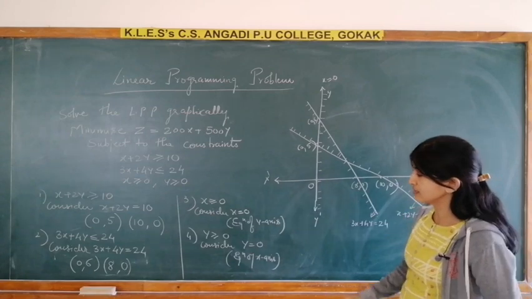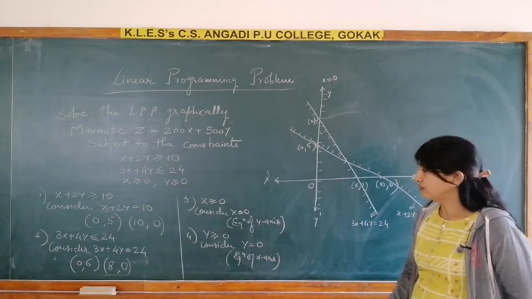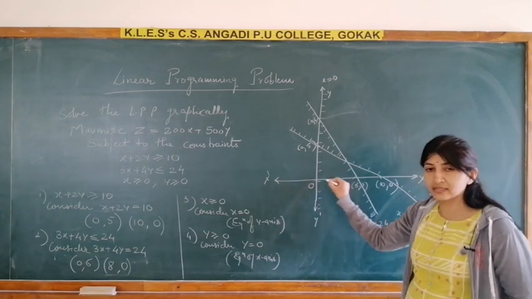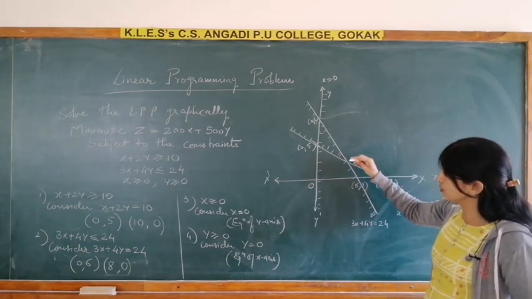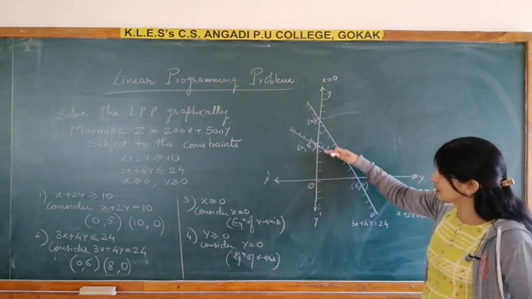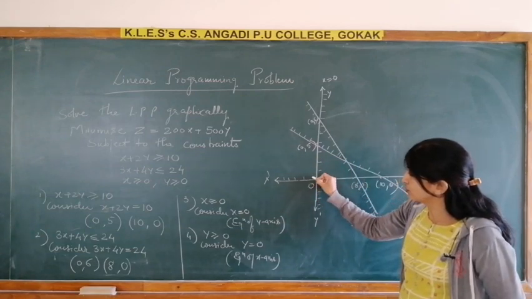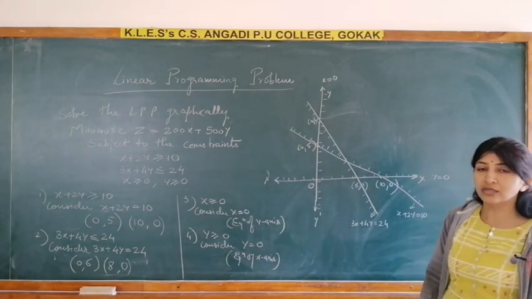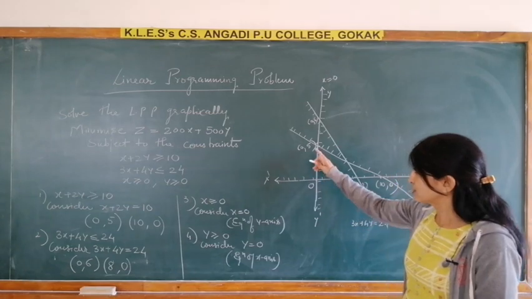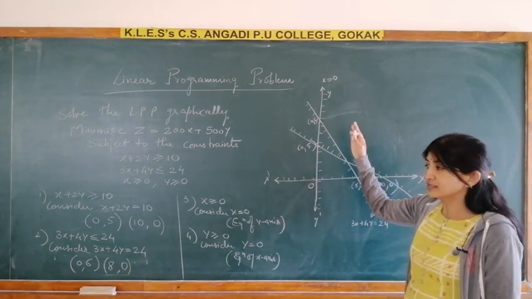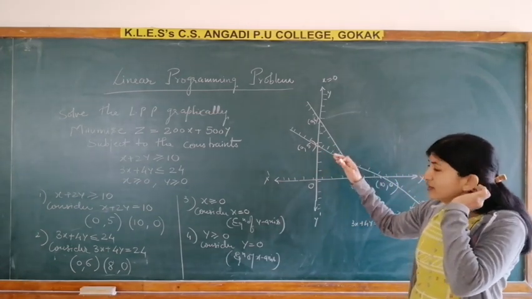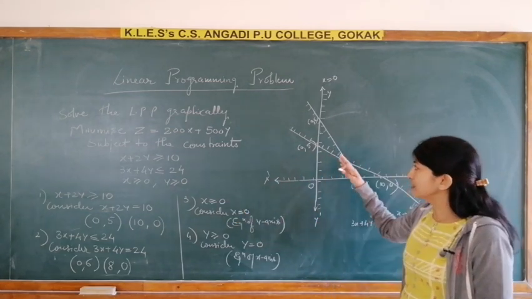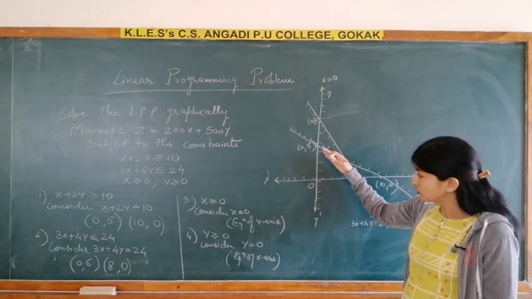Same way y is equal to 0, fourth one. Y is equal to 0 means the equation of x-axis. So already the line is there, x-axis. Now greater than 0 means what? Down is negative numbers, up is positive numbers. So we have to take the shading towards upward. So this is all about the constraints. I hope you understood. First plot it, join it, then see on which side we have to shade. For that your testing point is origin. If it satisfies the origin, shade towards the origin.